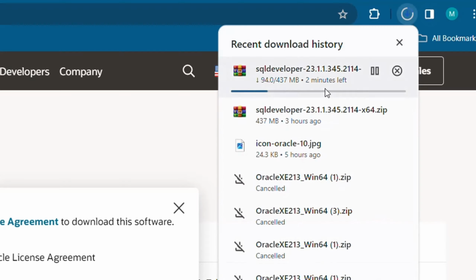You can see this file has a size of 437 MB. Now you can see that this is a WinRAR file. If you have not installed WinRAR, then you will install WinRAR first of all, and then you will extract files. And here I will choose the extract files option. You can also choose extract here, but I will choose the extract files option, and then I will press OK